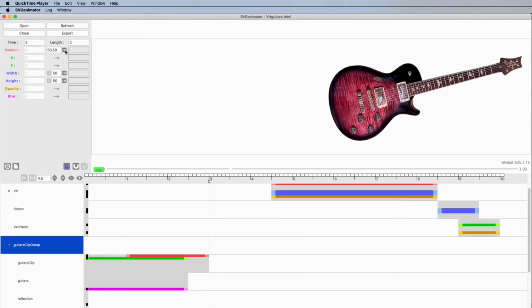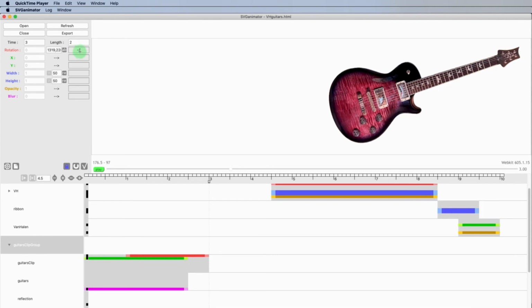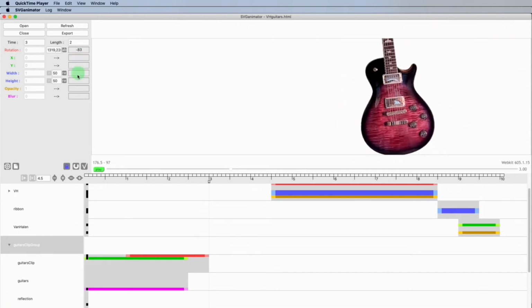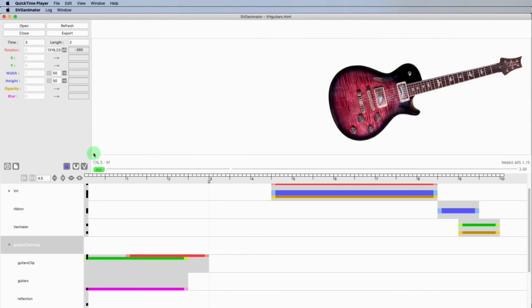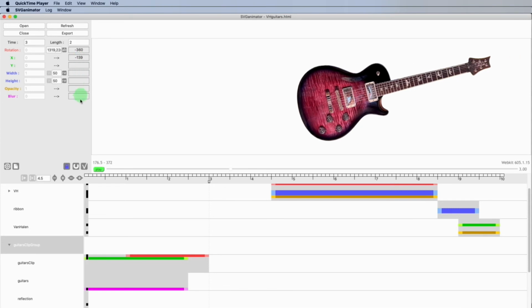RE is for relative and AB is for absolute. So I changed for absolute coordinates and I right click and you see the coordinates change. So now it will take that coordinate for the middle of my rotation. So that's good. 360 and